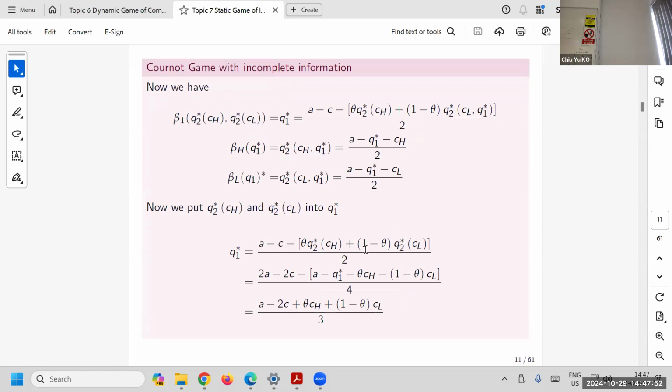So put this thing into Q. Put this number and this number into the first one. Put the second and the third in the first one. Collect terms, you get this. So this is how the firm would do it. Is that okay? I'll just wait for 1 minute to see if you are seeing what's going on here.